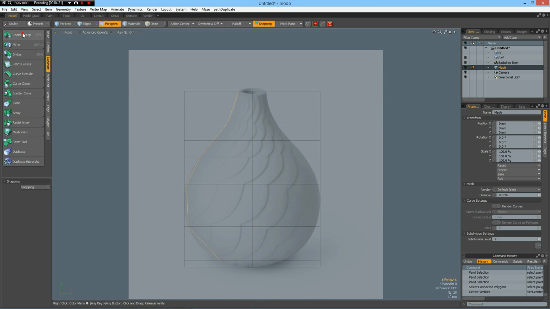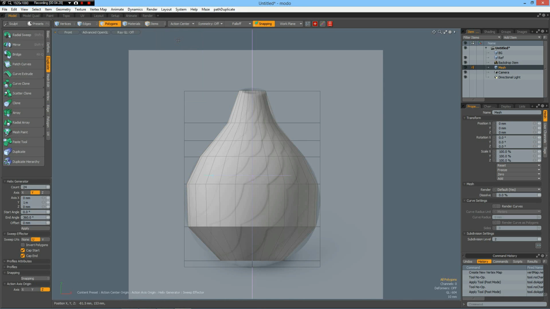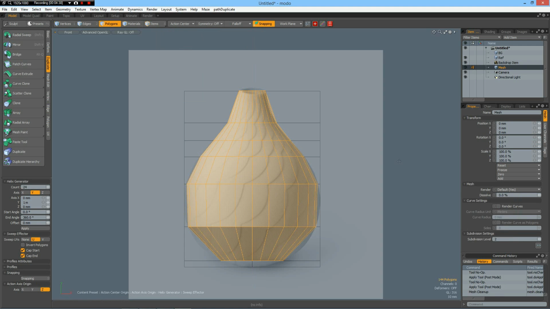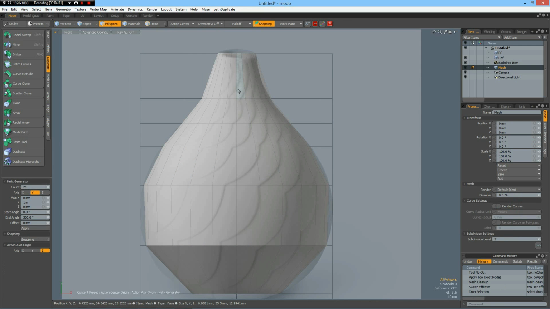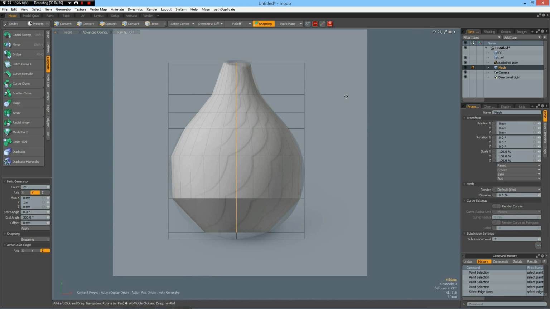So duplicate, radial sweep, count of 24 around Y action center origin, and click in the viewport, and then I run mesh cleanup, sorry, wrong key, to delete the double polygons. I have several times already talked about this bug in Modo, and now we can select this middle part here, and then Alt C, count of 2, uniform,